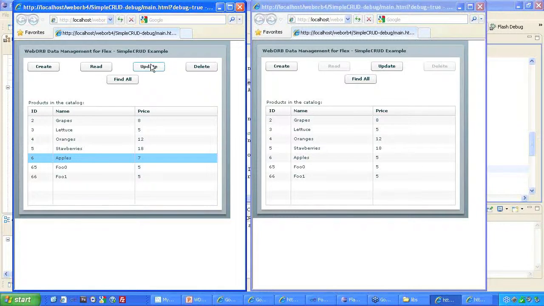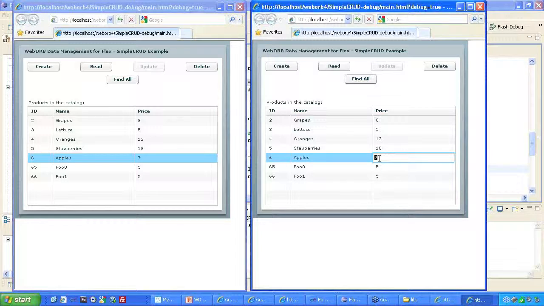And then when I update it, now watch apples over on this other client here. When I hit update over here, by golly, it's nice when demos work. The apples price was changed over here to 7 as well. That was so cool. Let's do it the other way around. Let's take the apples price on this side and update it, and by golly, it changed over here to 9